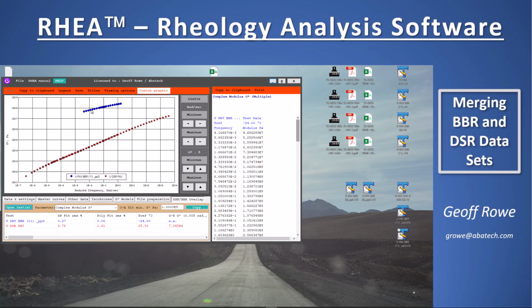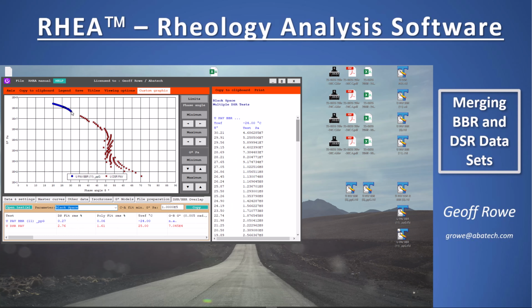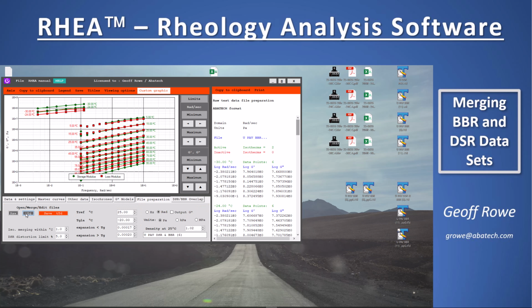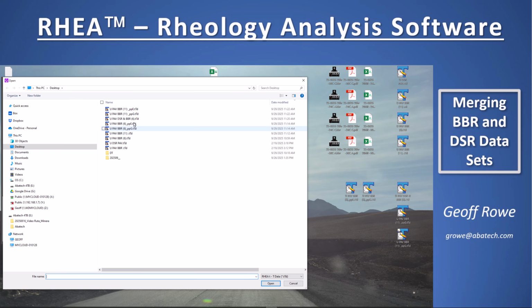Again, these don't line up because of the differences in reference temperature, but if you look at black space, which is independent of reference temperature, you see a very similar result to what we saw earlier. I can go back into my file preparation, hit the TTD, basically merge these two files,